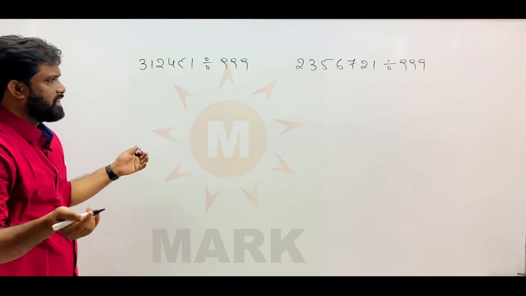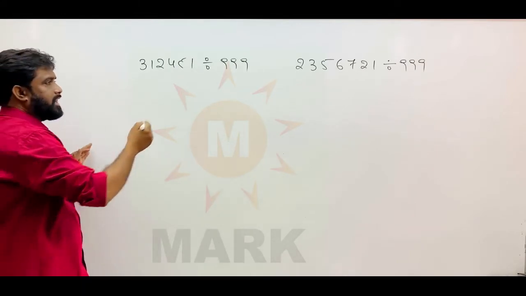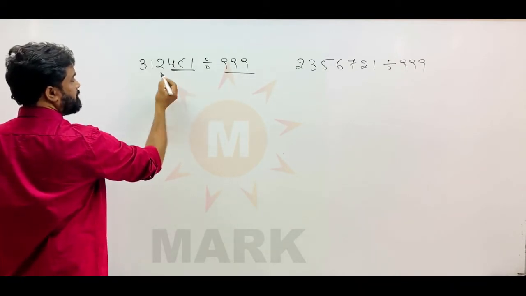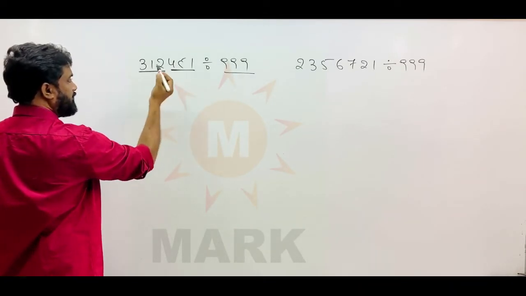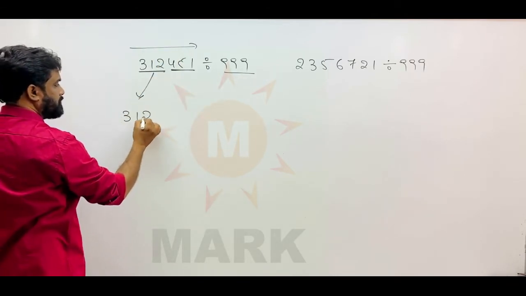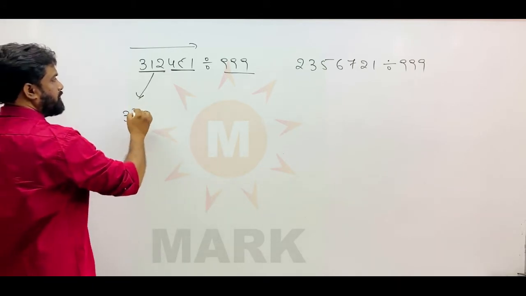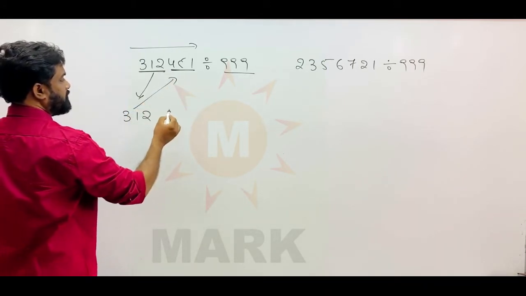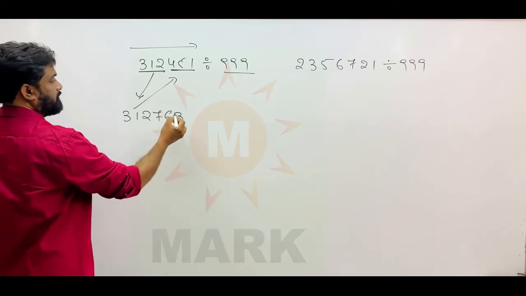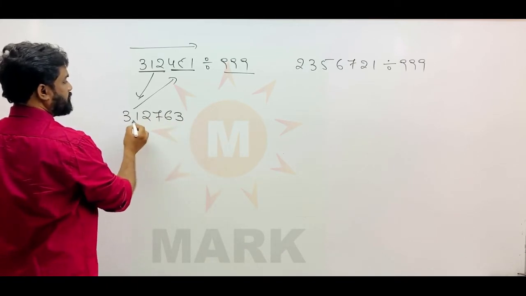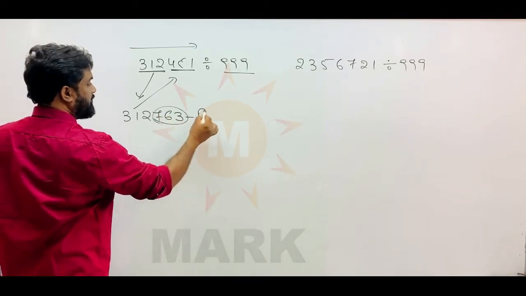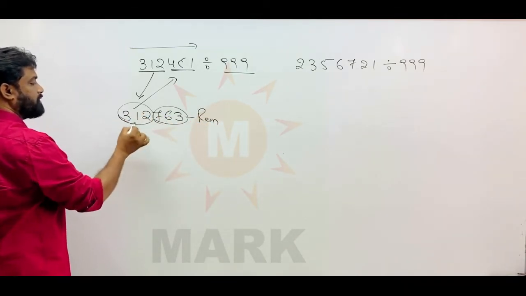So same as the previous method. Since 999 is a 3-digit number, we are going on a 3-digit number base. So 451 is a triplet and 312 is a triplet as it goes. So our operation is from left to right. 312 is written as 312 only. Now 312 is added with 451, that is 3, 6, 7. Now 763 is the remainder, and 312 is the quotient.